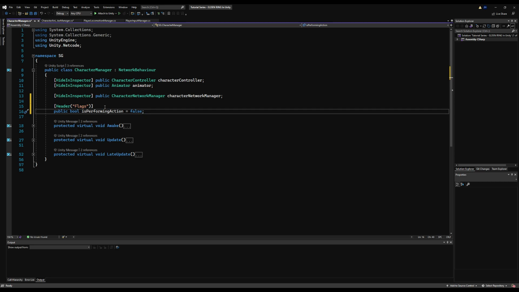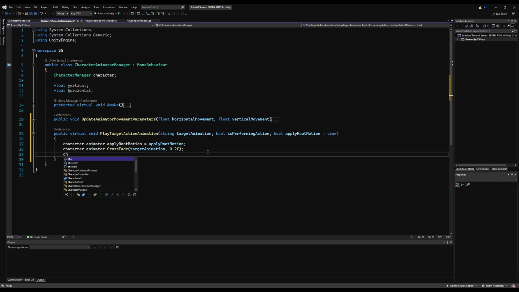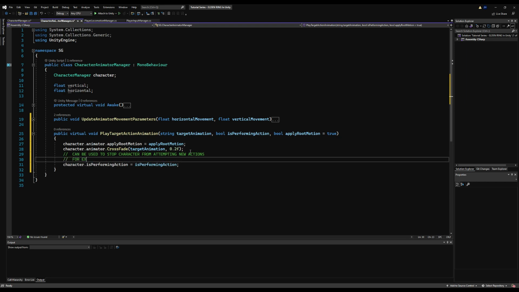And the reason why we're asking for this flag on the play target animation action is because let's say if you get damaged in the future and you don't want to get stun locked, then you would just change is performing action to false. This will allow you to roll out of the animation. So we're going to say character.isPerformingAction is equal to isPerformingAction. Again, I'm going to make a comment here. Can be used to stop character from attempting a new action. And if this is false, then it will not stop your character from attempting certain actions. For example, I'm going to say the same thing I did before.